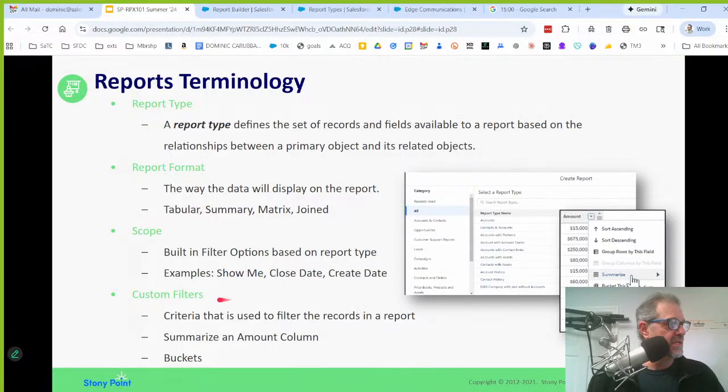And finally, you got custom filters, which is based on the data of the record. So the state equals Georgia, the state equals South Dakota, or the owners are this person. Whatever the data is that's stored on the records themselves, you can use that to filter out and chunk data, just like we did in list views. And really the only difference,